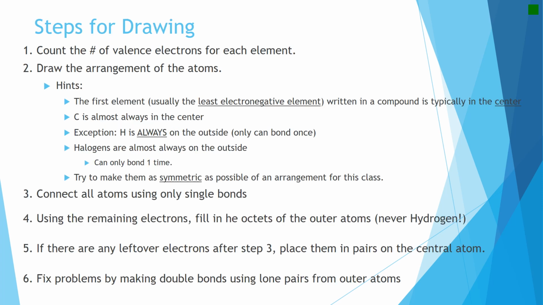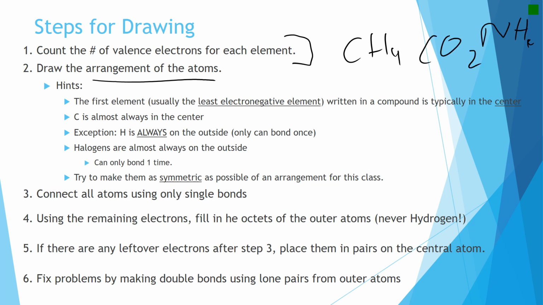Okay, so these are the various steps that you need to write down in order to draw a covalent Lewis dot structure. First you need to count the number of valence electrons for each element and then add them up, and that's how many total electrons you can account for. Then what you want to do is draw an arrangement of the atoms. And we're going to be talking about compounds like CH4 or CO2,